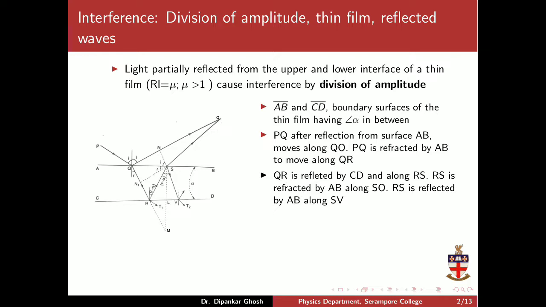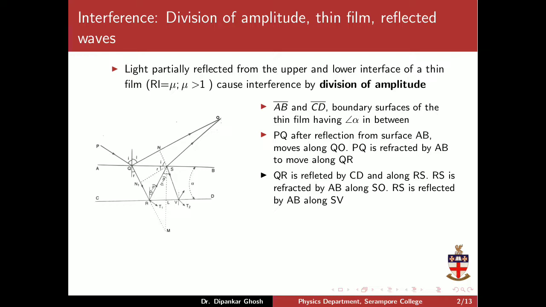Now at point O we have two reflected waves, namely QO and SO, superposing. We would like to know what the intensity is at the point O. Actually, there will be a path difference between the two waves that are superposing at O. Why is that? If you look at the diagram, you will see that the path difference arises because we are